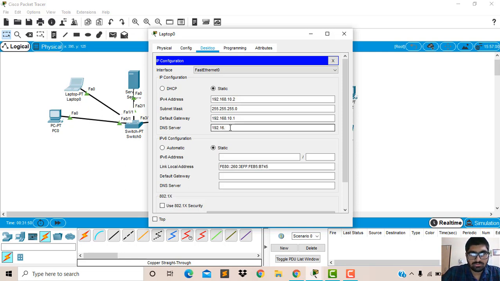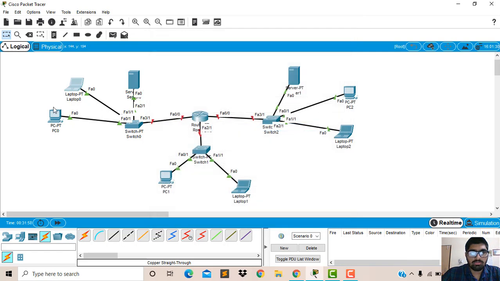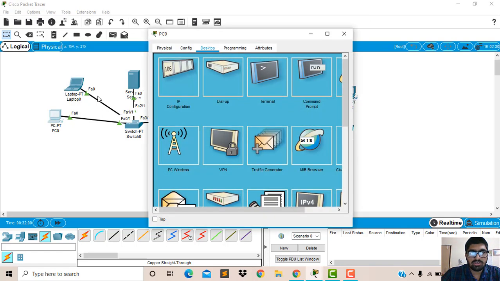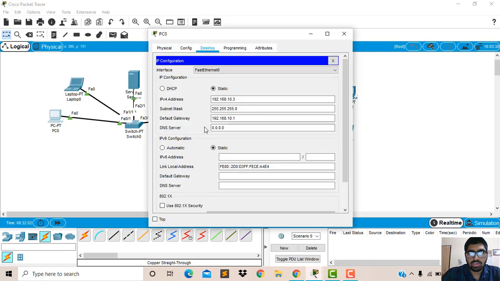It has the IP address 192.168.10.4. Now I have assigned it to the laptop, and for the PC we will assign the DNS server too. The IP address is set.